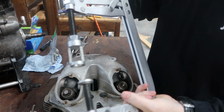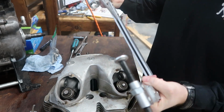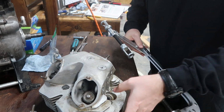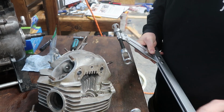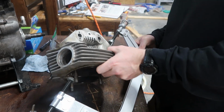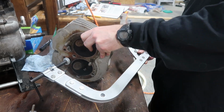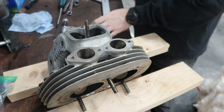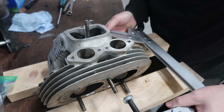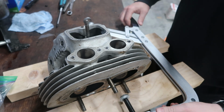All right, I went and got me a valve spring compressor. And let's get these valve springs out. First thing we want to do is I'm locating this end onto the valve, or the top of the valve spring, as best I can. All right, so I've propped my cylinder head up with some wood. I think this is gonna be the best way of doing this. And then now we're going to locate this end